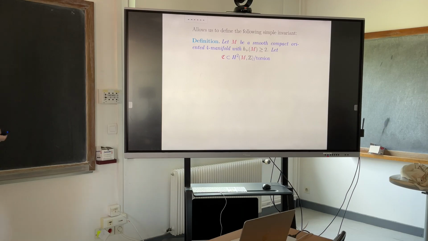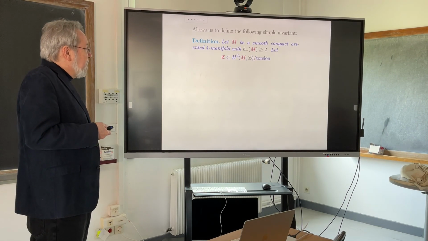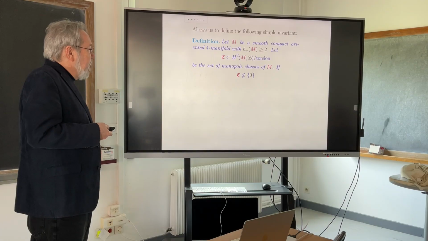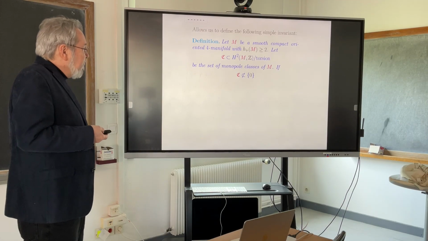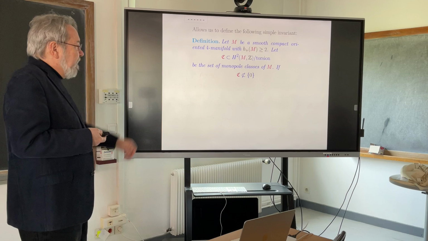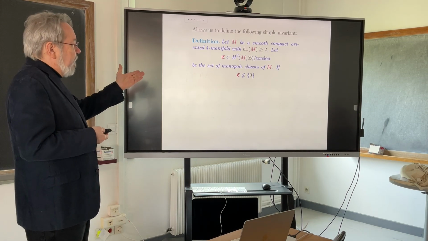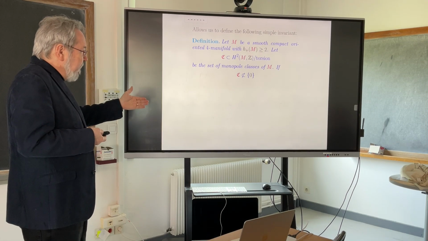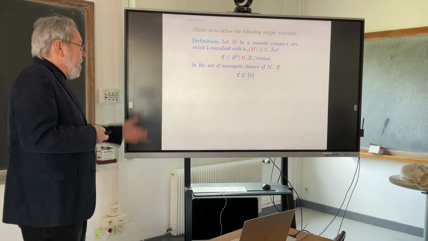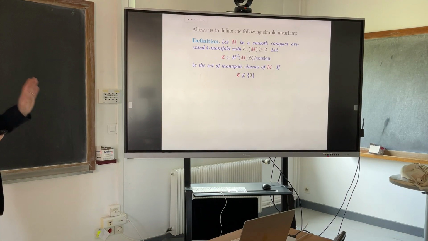what we can then do is, we've used C to denote the set of all monopole classes, and then if C is not contained in 0, so if it's contained in 0, that means the only monopole class could be that C is empty, right? Maybe there are no monopole classes. Another possibility is that maybe 0 is a monopole class, but there are no others. So if there's more